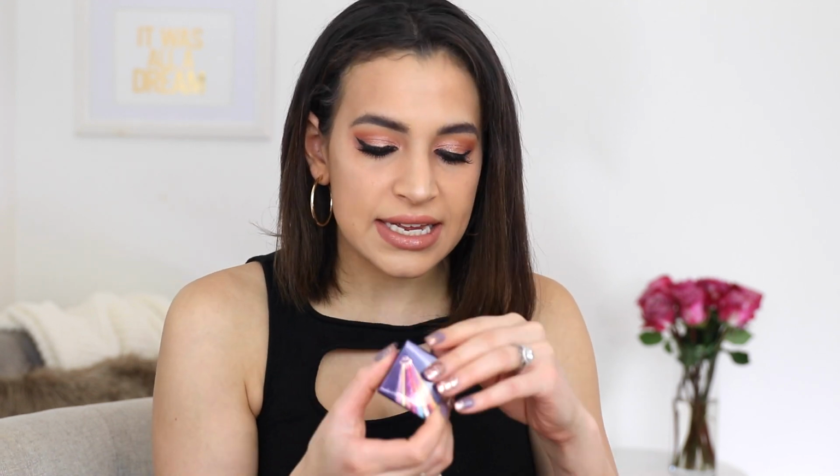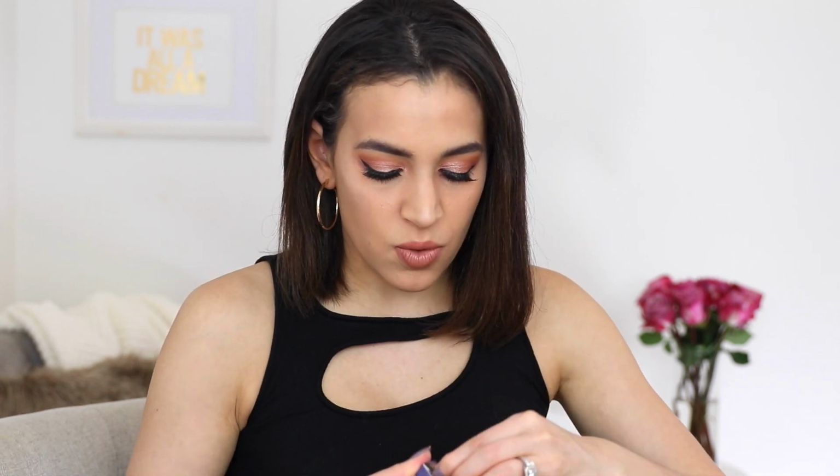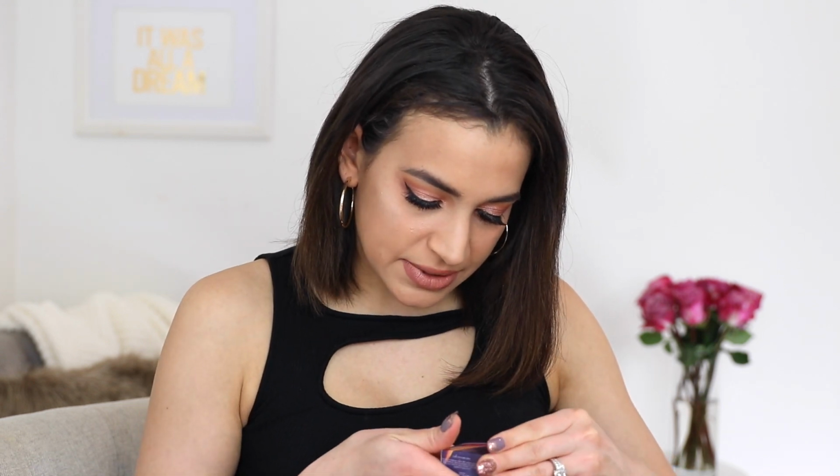This is from Space Case. I've tried some of their products before and I find them kind of just random. This is specifically an eyeshadow. Okay, so this might be like a cream shadow. Oh, this is actually a really pretty color. I feel like I've gotten a highlighter from them and it was just mediocre, but that's actually a nice